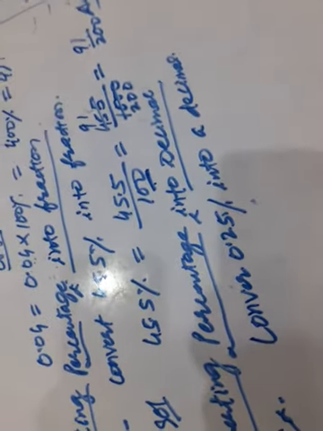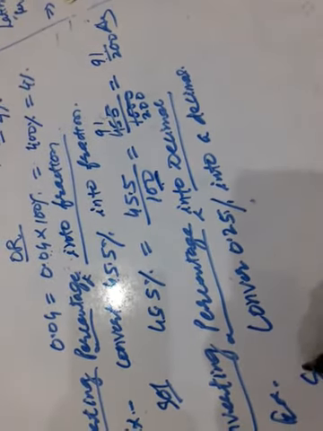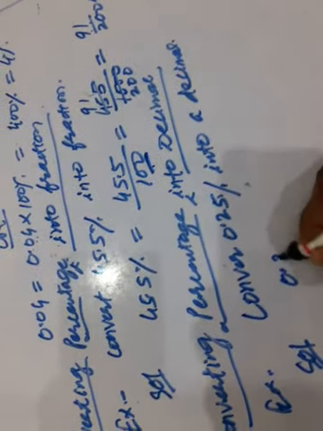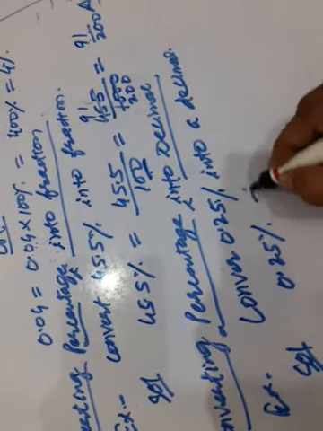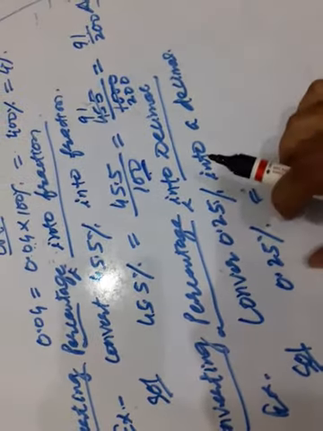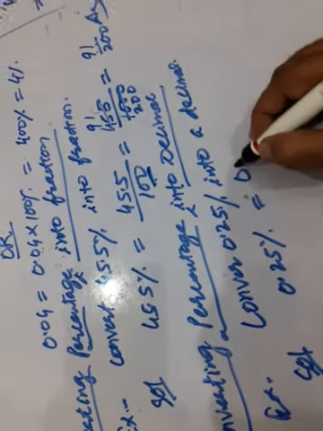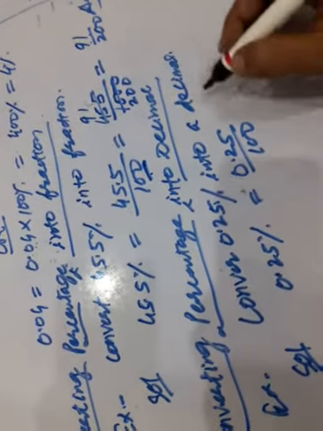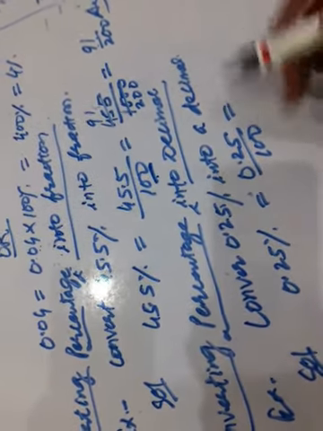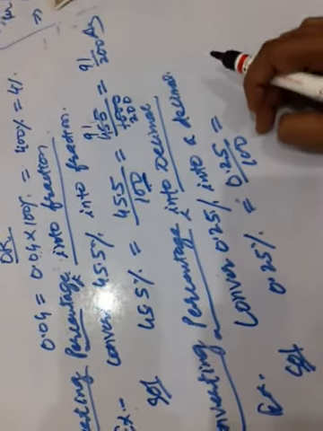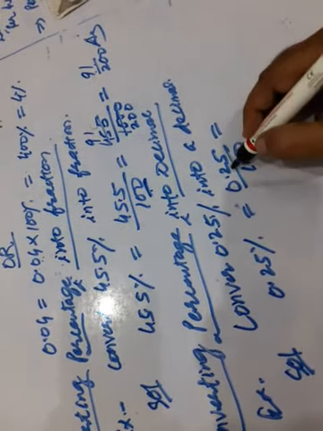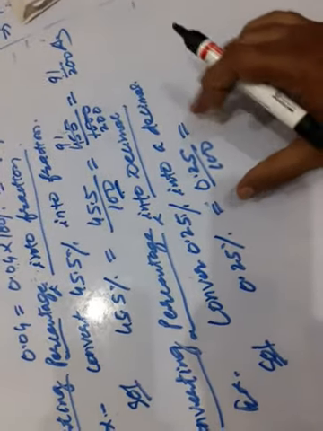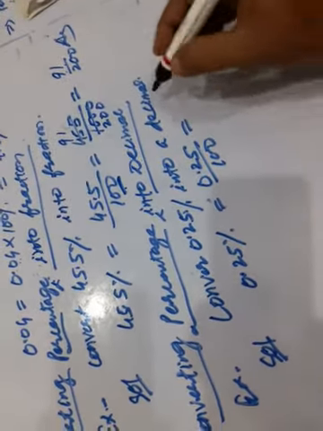Clear? What if we have to do that? See, start the solution. 0.25%. It can be written as, as you know that percent means 1 upon 100, 0.25 upon 100. Okay, children. Now you see, this is 25 upon what? You can directly write it, or first you convert it into a simple fraction, that is 25.